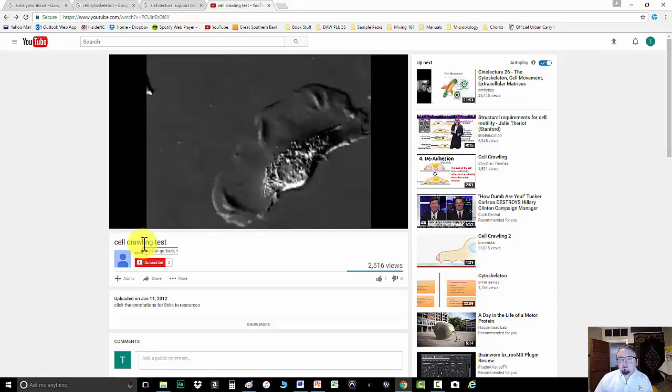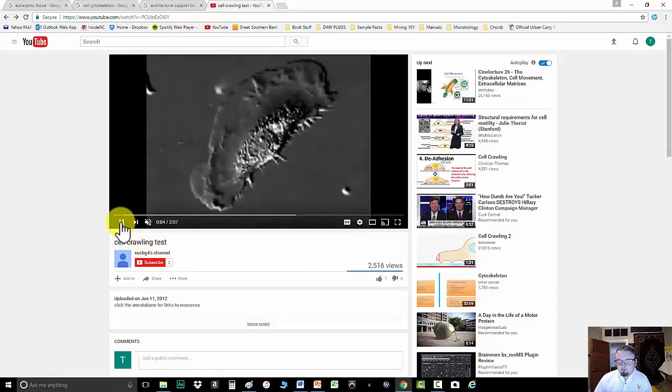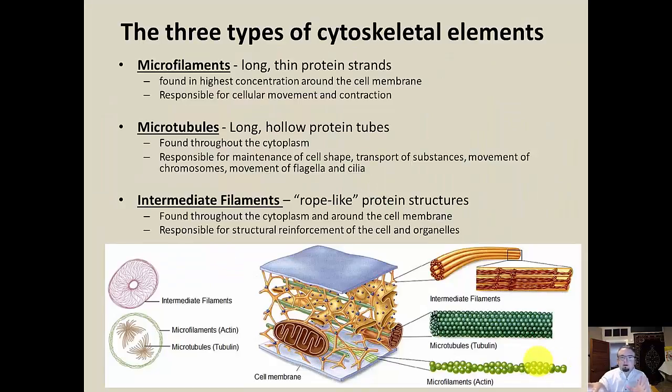So that's actually one way that certain cells can go about moving, by using part of the cell's cytoskeleton. That's a pretty amazing thing that they do, which is to extend and contract, and that actually leads to cellular movement, which is usually referred to as cell crawling. Not all cells do that, but for a lot of cells that move, that's one way that they can go about doing that.